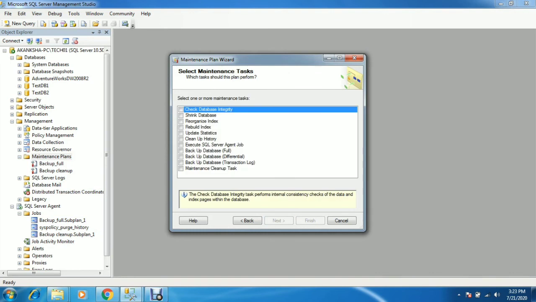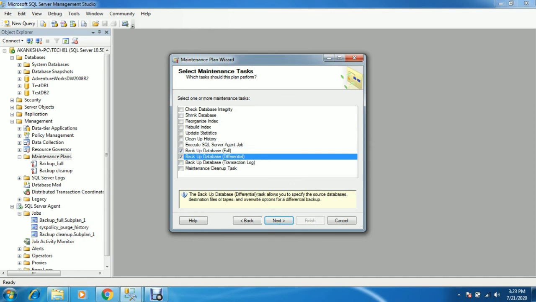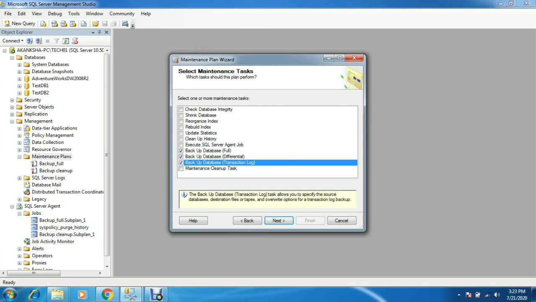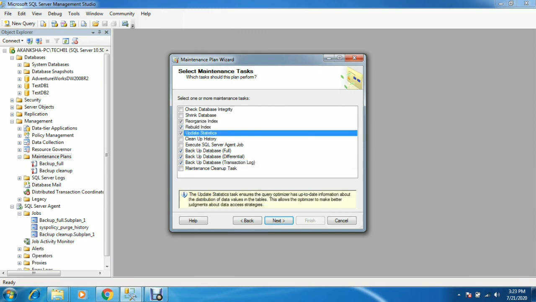So as I said, through this way you can create other maintenance plans as well. Right now I have created only the full backups and the maintenance cleanup task for this demo, and through this way you can create a couple of other tasks as well, which is very helpful for the DBA. No need to go manually. So that's all from the maintenance plan perspective.